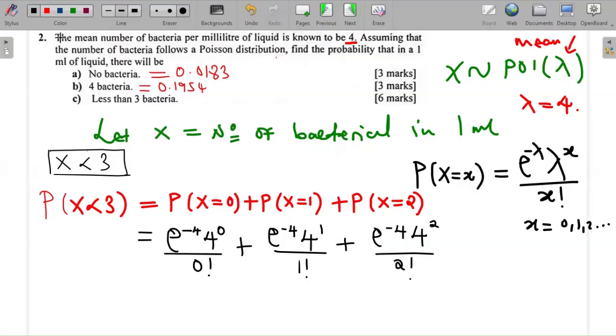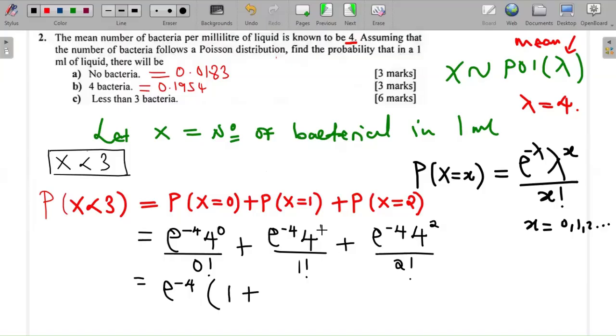Okay, so we can see that what is common here is e to the power minus 4, so we can actually factorize it. And then what do I remain with here? 4 to the power 0 is 1, divided by 0 factorial. So this is 1, plus,